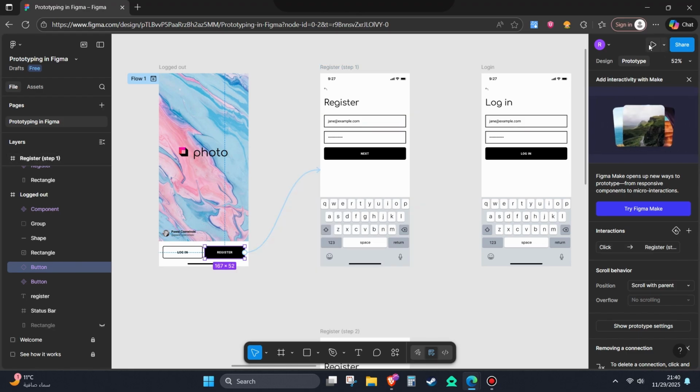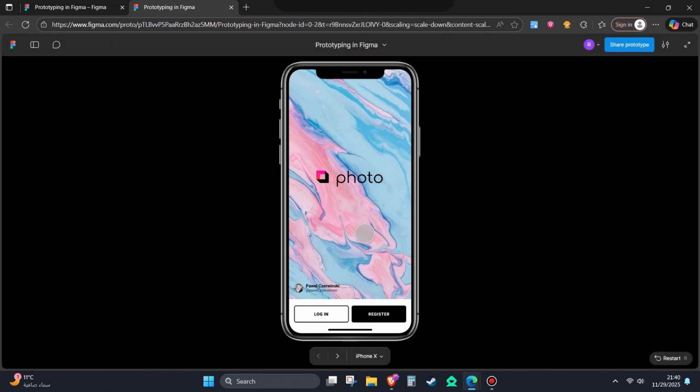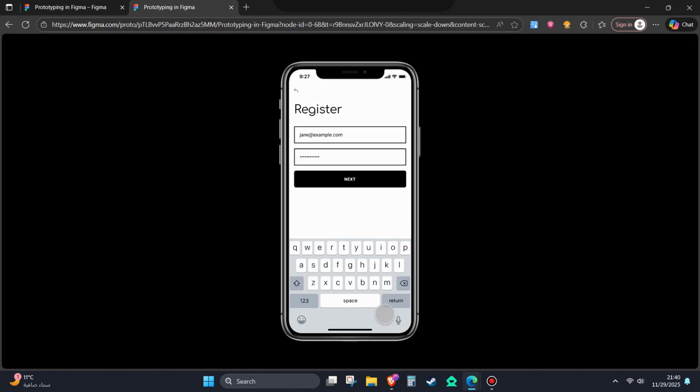Now let's test it. Let's click on the Register button, the one we just worked on. As you can see, it's working